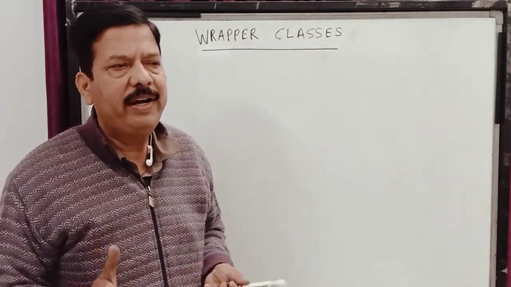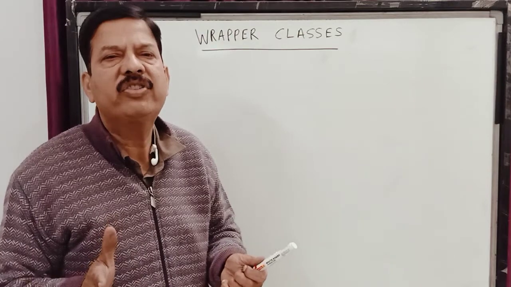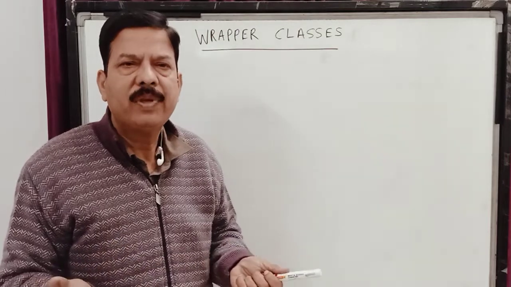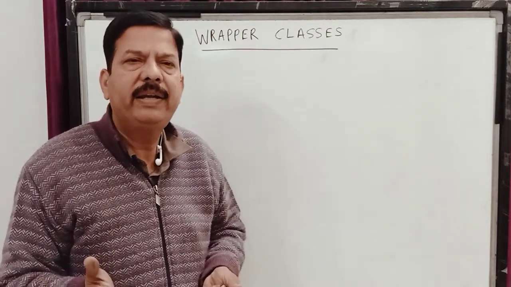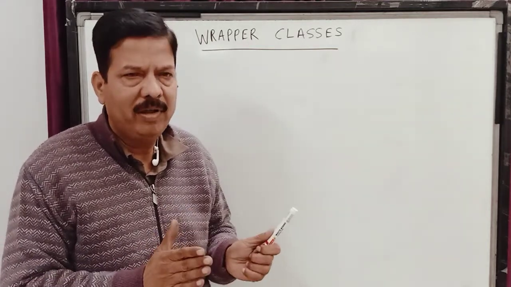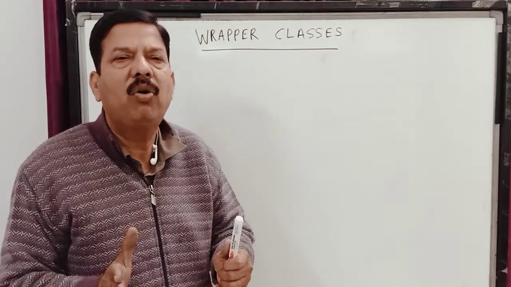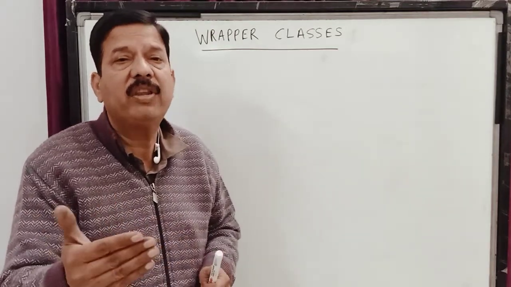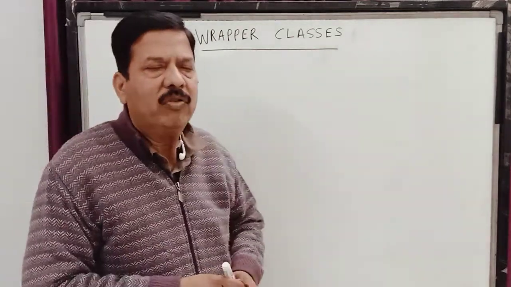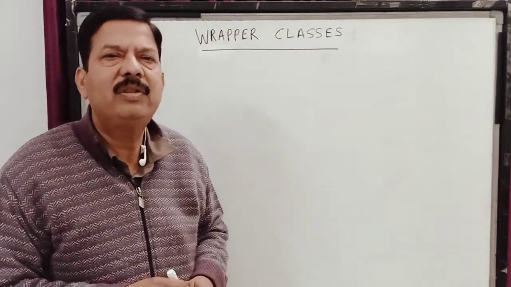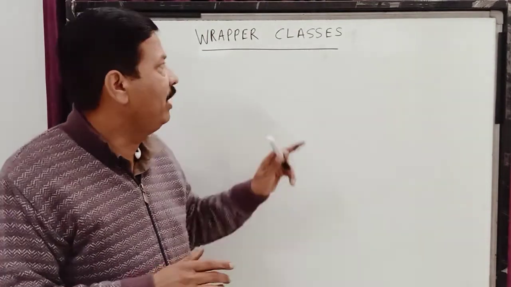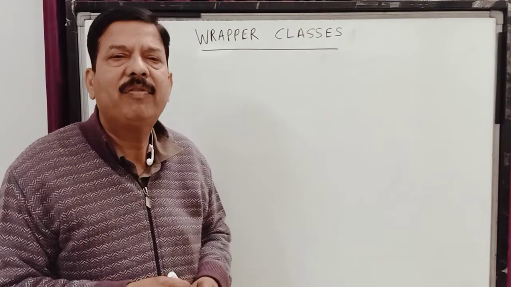Now children, we have studied in string functions that string functions work on string objects, or they work on objects. The primitive values which we use, like byte, short, int, long, double, float, char, are all of type primitive, and these string functions do not work on primitive values. They have to be first changed, or their nature has to be changed to objects. So for doing this task we have wrapper classes, and wrapper classes are part of the java.lang package, and there are different wrapper classes for all the different data types which we have available.